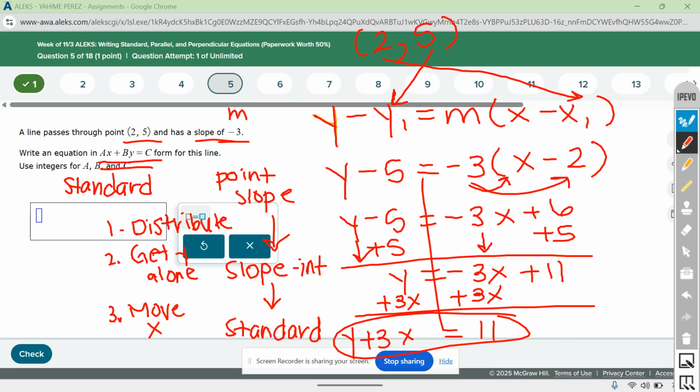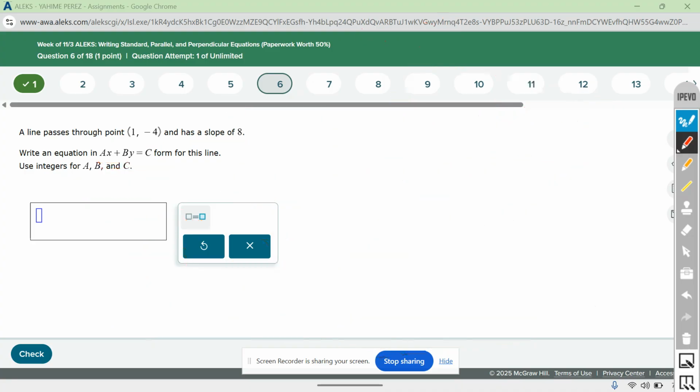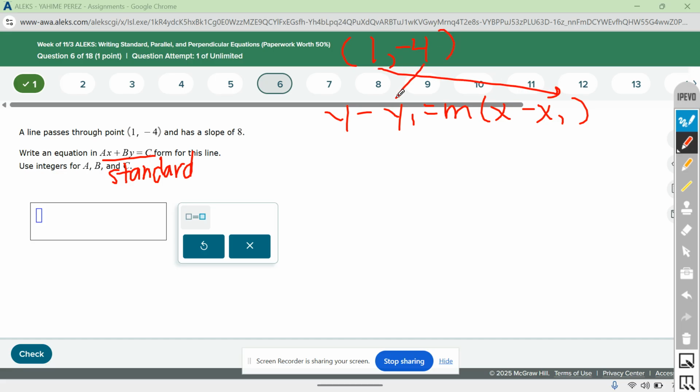Okay. Moving on to 6. Same. We're writing standard form. Right. This is standard form. However, we always start with point slope form. So conveniently, they gave us our point. The x goes next to x, the y goes next to y, and they get opposite signs. The slope is 8, which replaces m,